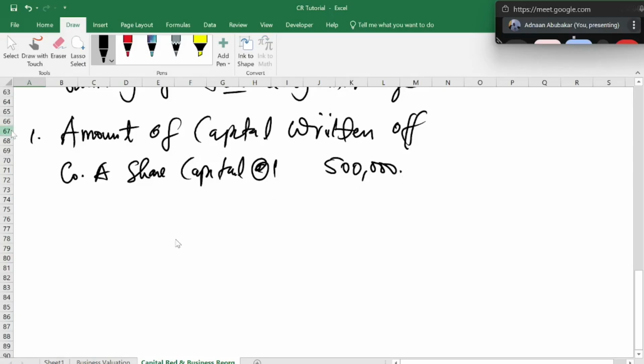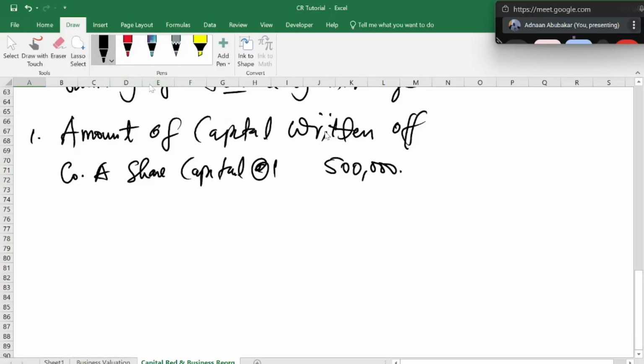What is the share price? One cedi. Good. So because the company is in liquidation, I'm saying liquidation, the company is in financial distress, then they may decide, okay, we are going to consult our shareholders. You remember what I was saying? When the company wants to consider a scheme like a capital reduction scheme, they will consult all the shareholders and then stakeholders.